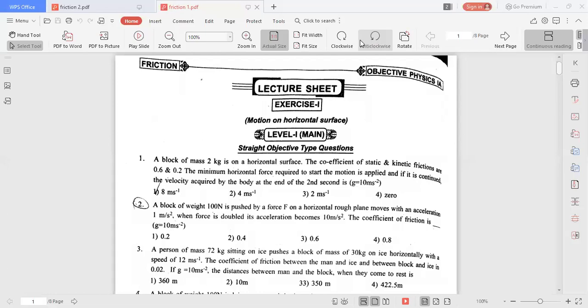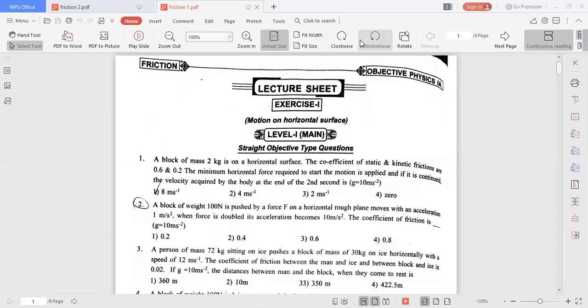Similarly, do the two blocks move or not? Whenever this block is pushed, consider the net force: F1 acts in the backward direction, 3 Newton, and 20 Newton acts in the forward direction. Then the net force is 17 Newton. With that 17 Newton force, it pushes the second block in the forward direction. Does it move or not? So we have to find F2. If this 17 Newton is greater than F2, then it will move. If less than F2, this block cannot move.